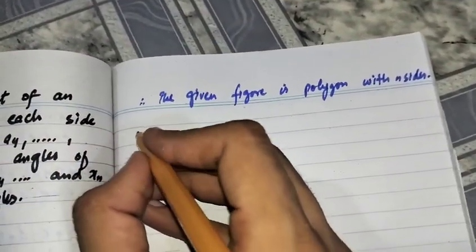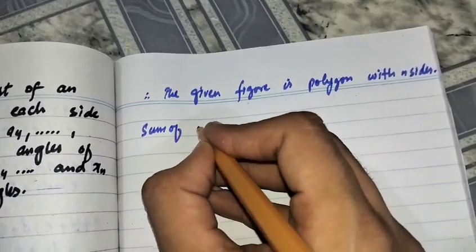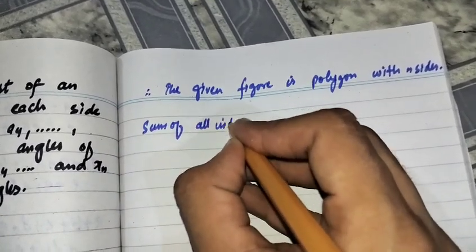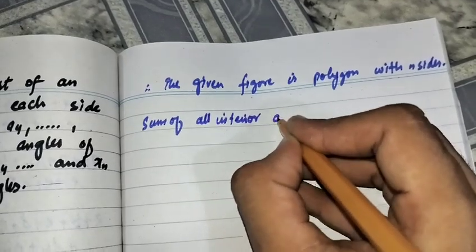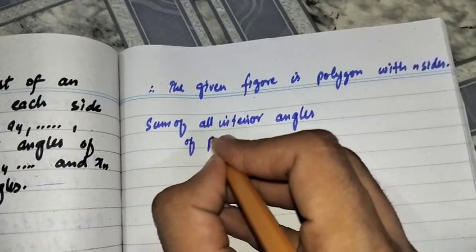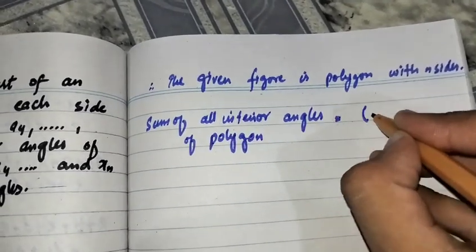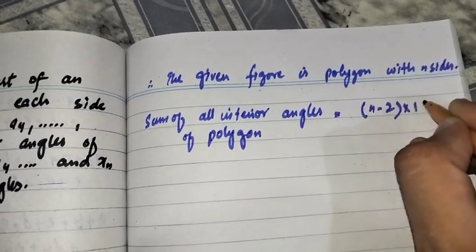As we know, the sum of all interior angles of any polygon is equal to n minus 2 into 180 degrees,